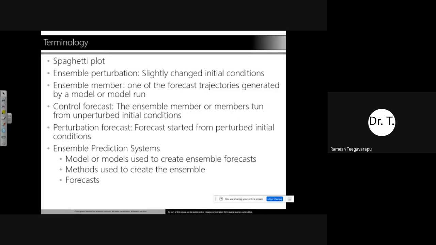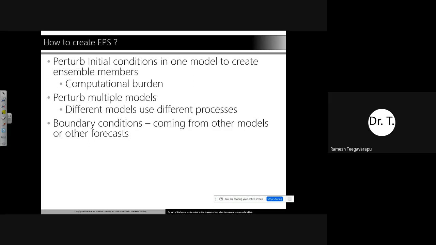And perturbation forecast, started from perturbed initial conditions. And again, as I said, we don't always call them ensemble streamflow forecasting models. Sometimes they are called EPS, that is ensemble prediction systems. So that's the whole jargon or terminology associated with that.